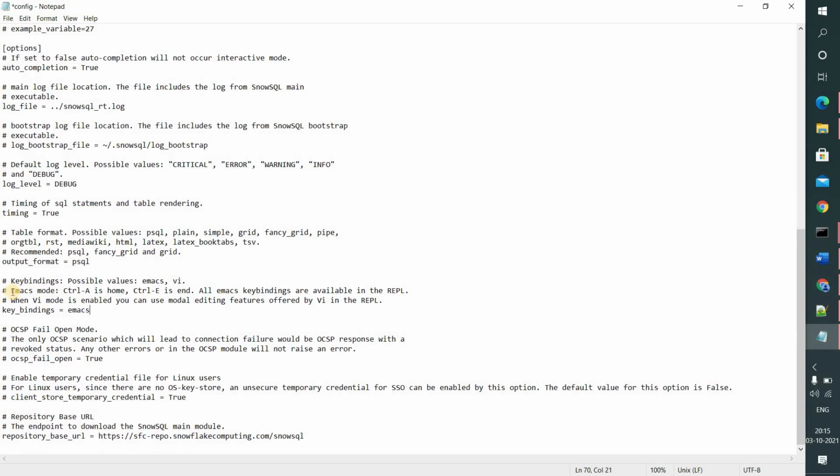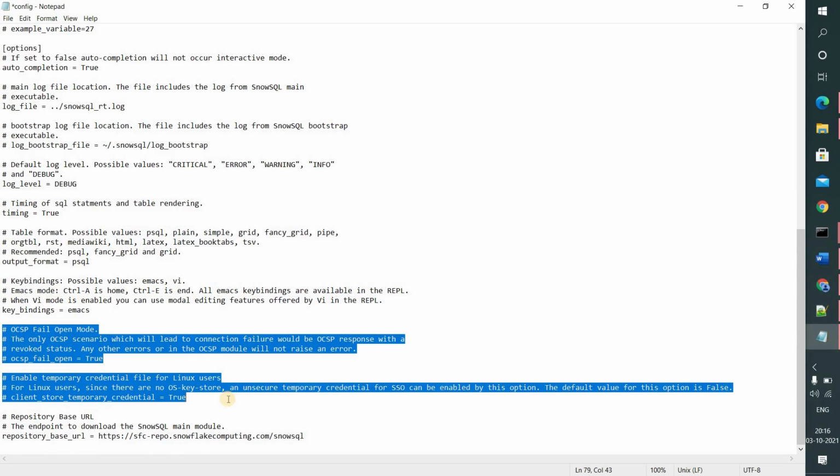And in this section you can specify the key binding. On Windows, generally Snowflake uses Emacs mode. So if you write a SQL statement and you say Control A, the cursor will go to the beginning of the query, and when you say Control E, it will go to the end of your query. About these 2 sections, the system administrator will take care.